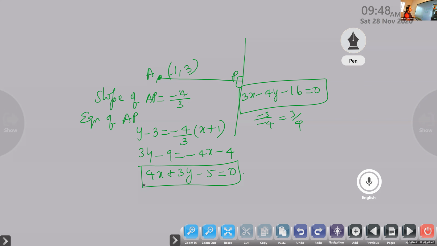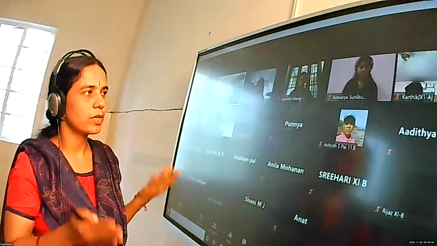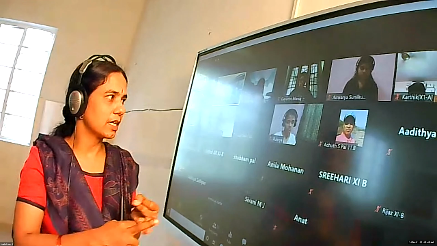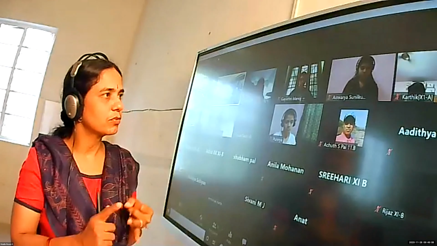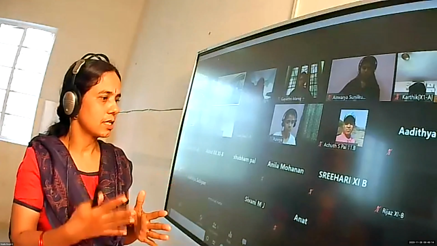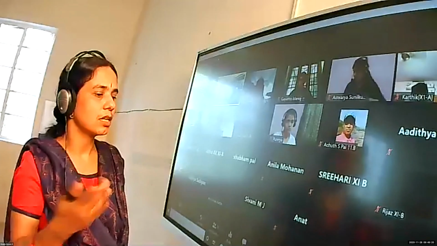Now what do you have to do? Solve these two equations by using the elimination method or substitution method. You will get one point. That is the foot of the perpendicular. Is it okay? Is it clear, children? Do the correction because these questions are all important: foot of the perpendicular, right bisector. Yesterday we did one question on the right bisector. Those types of questions are important. Whichever questions I am giving as important, do them. Do the corrections. For the next exam, start working now itself. That is what is needed.